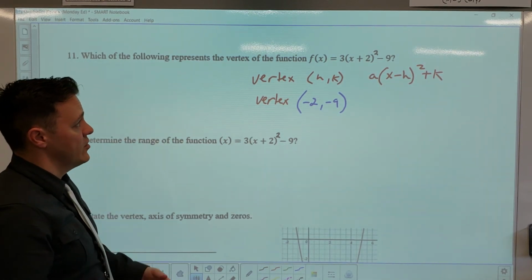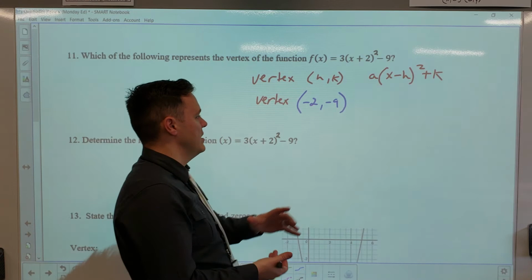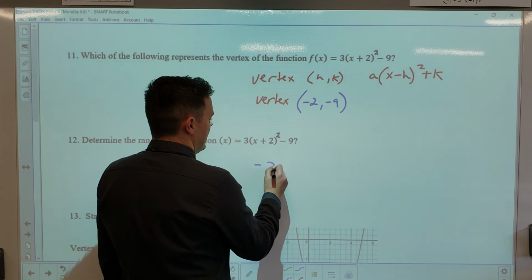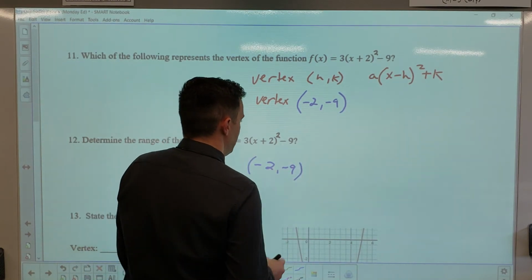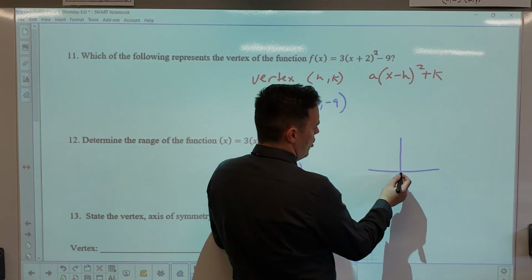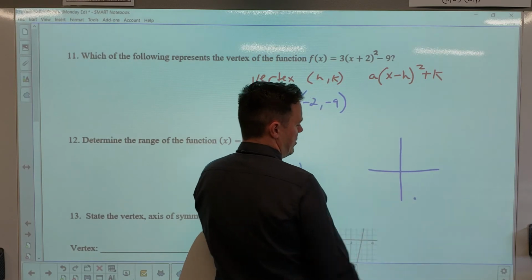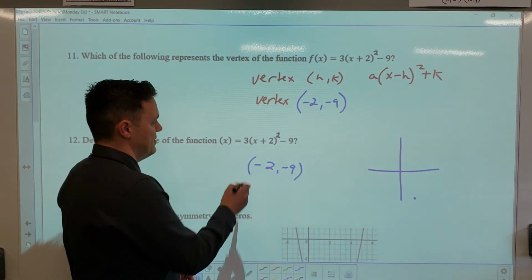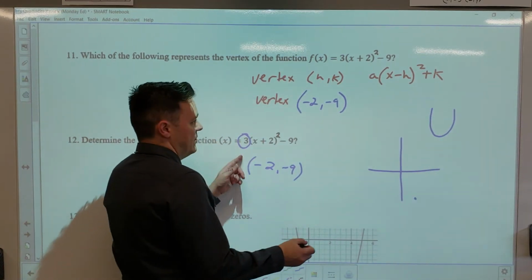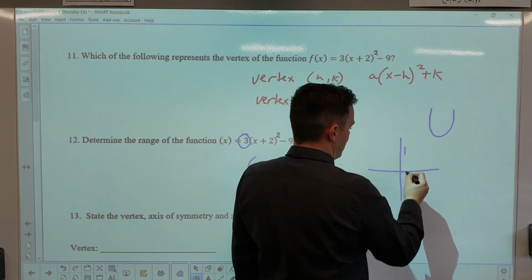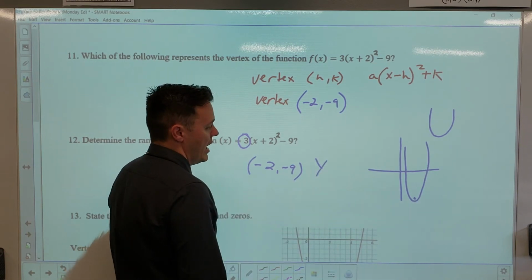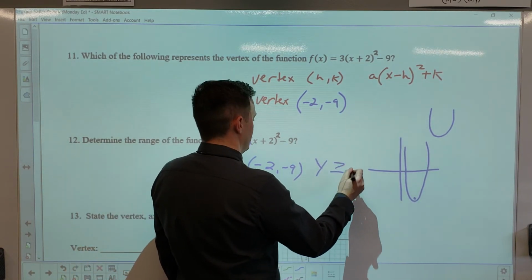If you guys have any questions on that vertex, technically you could graph it, but know that that setup is correct. Determine the range of the function. Well, if I know that I'm at negative 2, negative 9, then I know on my graph that my point is going to be over negative 2, down negative 9, somewhere down here. I know without graphing this, ladies and gentlemen, that this positive number means the graph goes like this. If it's negative, it goes the other way, down. So I know my range is going to be y is greater than or equal to,